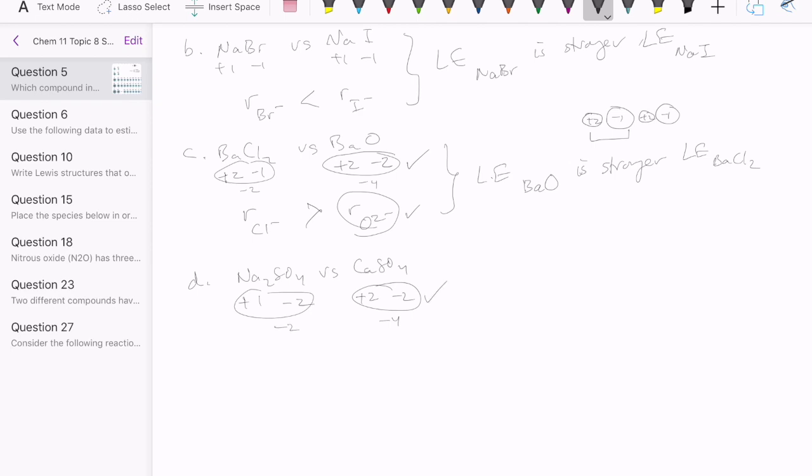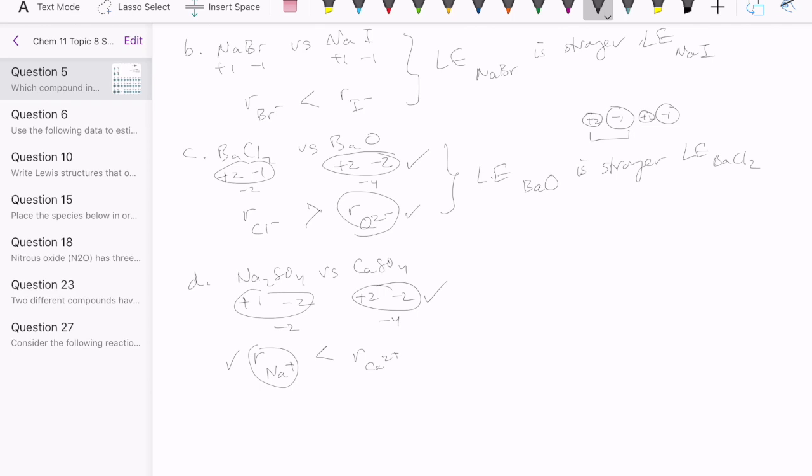So this is a stronger one, just from charge. Let's take a look at sizes. Sulfate is the same in both compounds, so we're going to ignore that for comparison purposes, but let's compare sodium versus calcium. All right, well, sodium is above calcium, so it should be smaller, okay? So if sodium is smaller, that means that, of course, you would say that that would make this one a